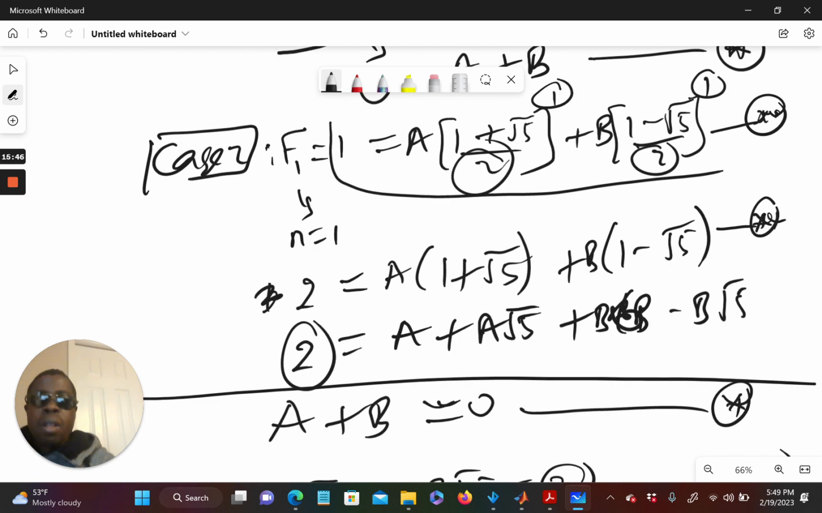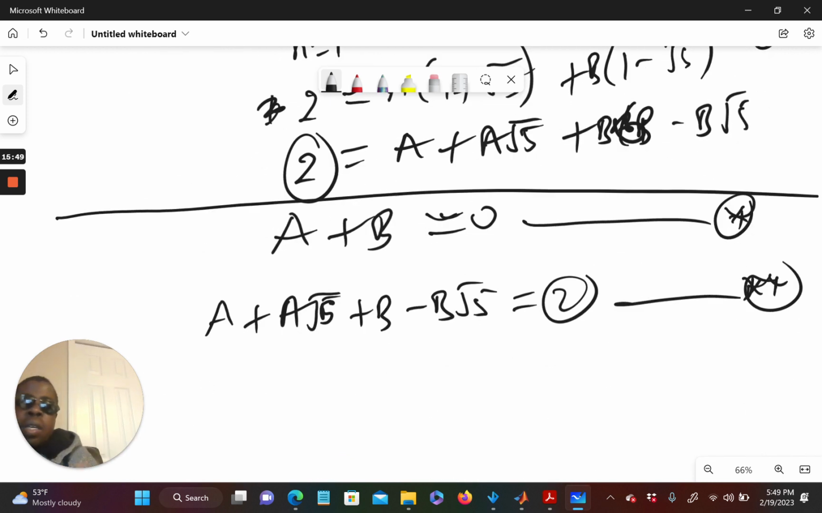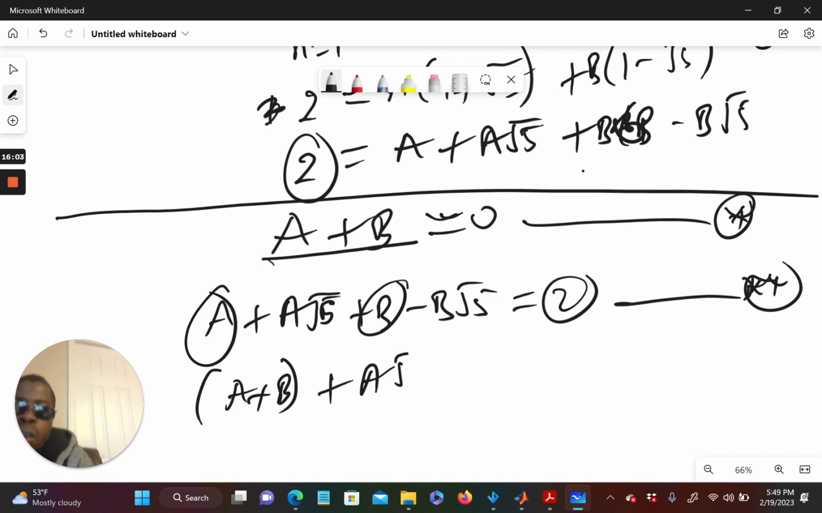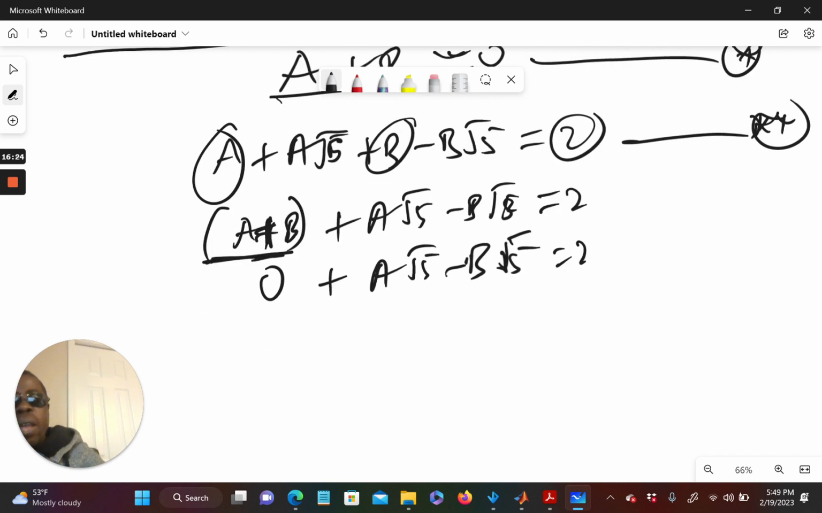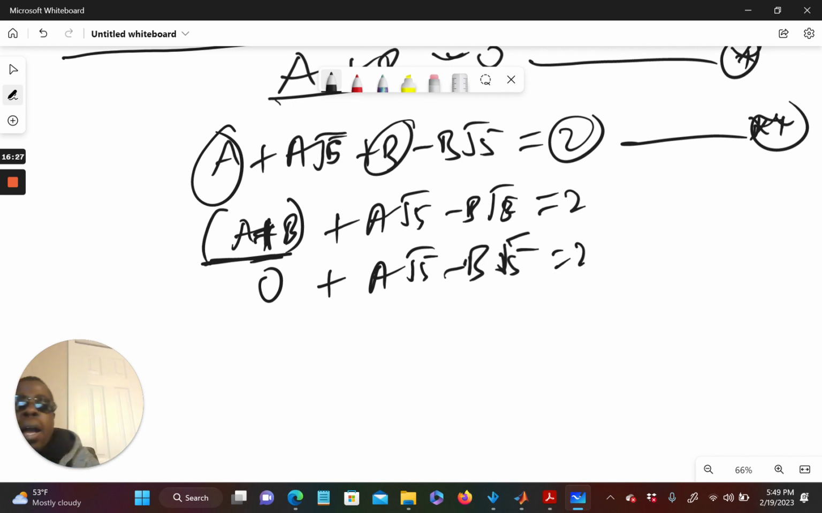Now from 1, I know that a plus b is 0, right? So if I look at a plus b here to be 0, I'm going to have a plus b plus a root 5 minus b root 5 equals 2. I'm still on equation 2. But from equation 1, a plus b is 0. So this is 0 plus a root 5 minus b root 5 equals 2. So if I go on that way, I will have,